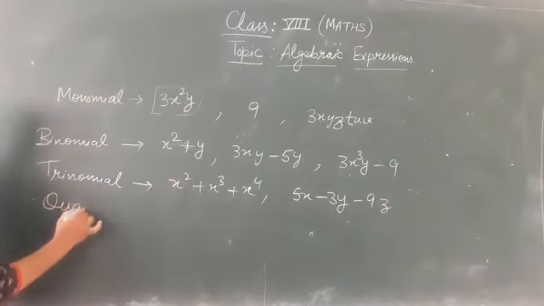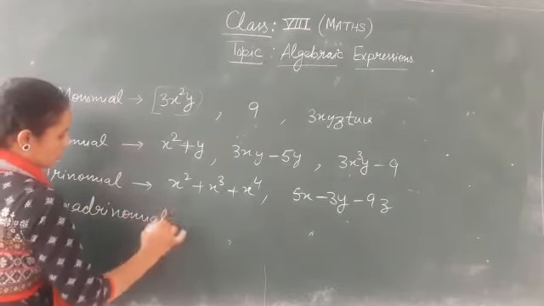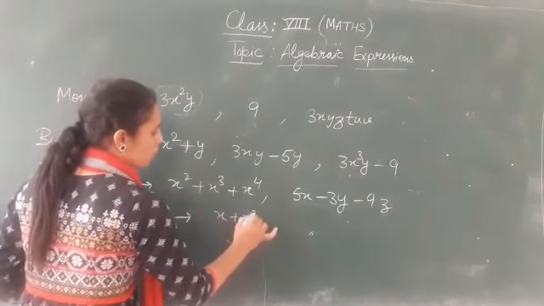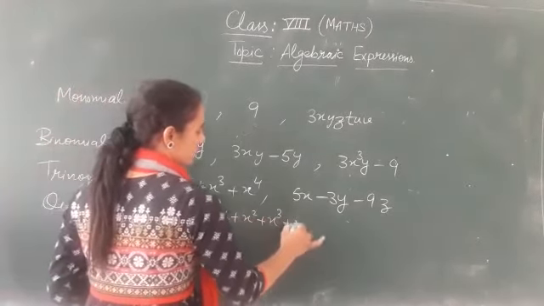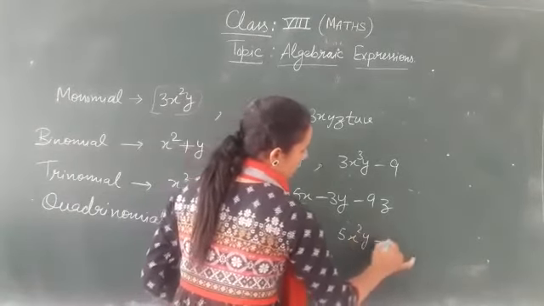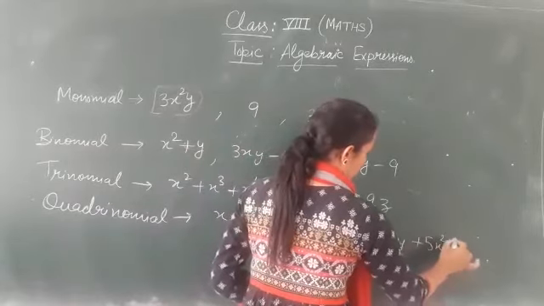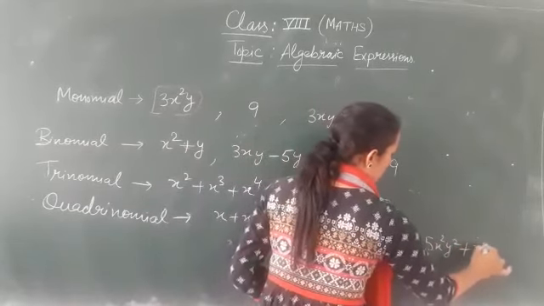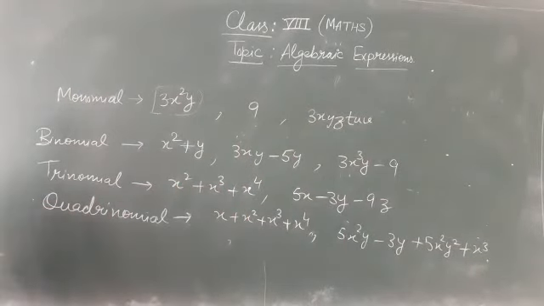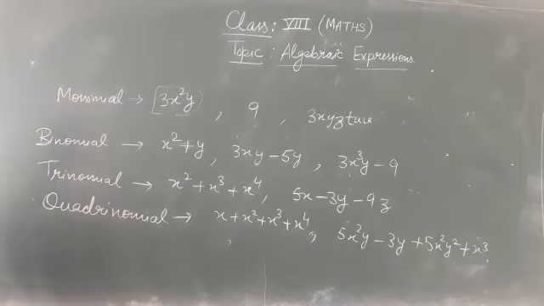Then quadrinomial: an expression having four terms in it. Four terms are here. So an expression having four terms is known as a quadrinomial. Then any expression which has more than four terms, that is called a